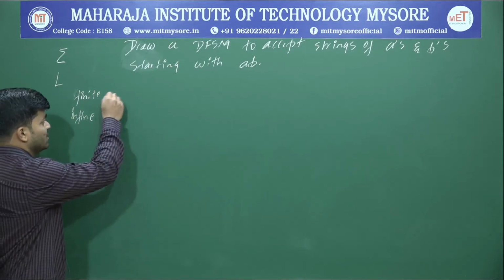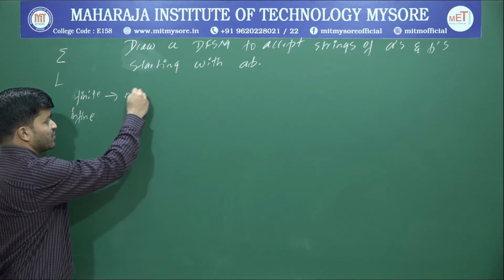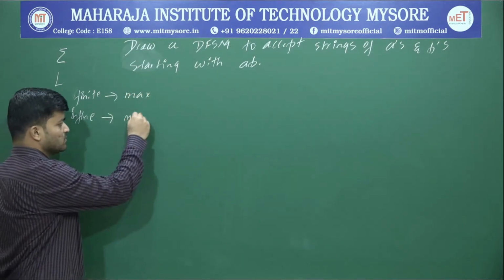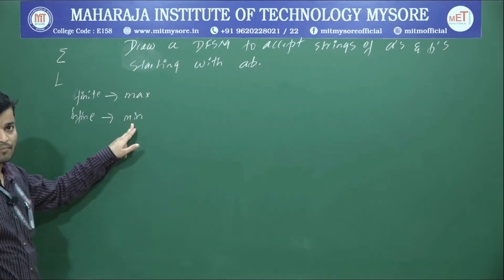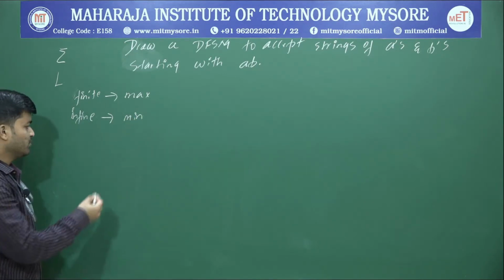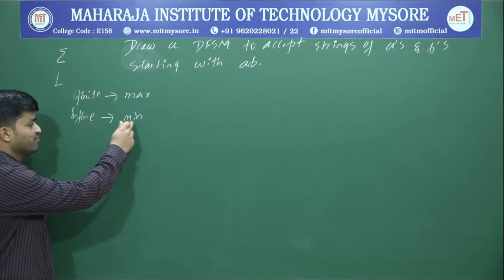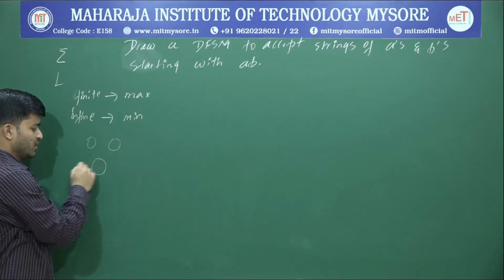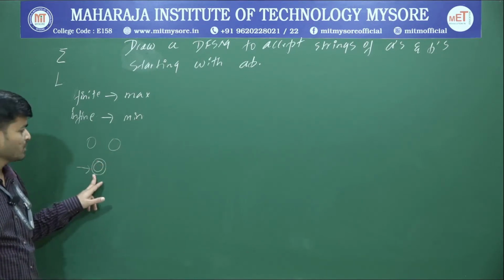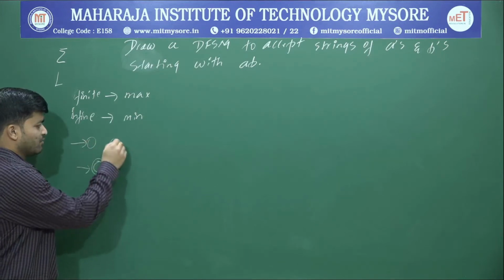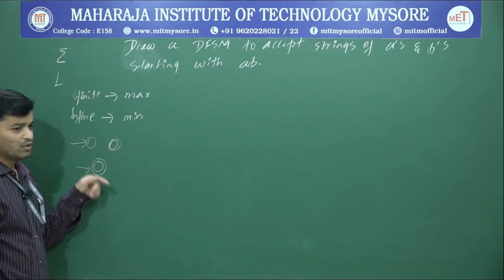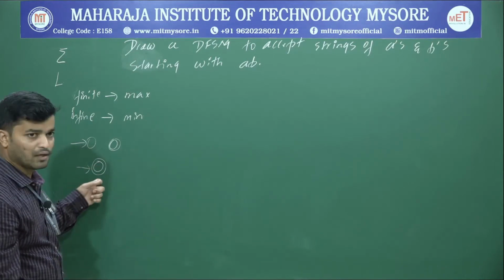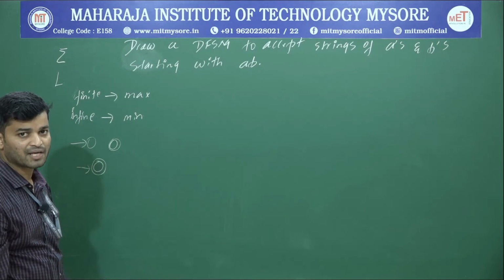If it is finite, then go with the maximum length string. If it is infinite, then go with the minimum length string. Next, build the skeleton. If the size of the minimum length string is 1, go with 2 states. If it is 0, go with 1 state, which should be both starting as well as accepting. If the size is 2, go with 3 states, one starting and one accepting. If the size is 3, go with 4 states, if 4, then 5 states, and that will continue. Then connect and write that minimum length string as it is.